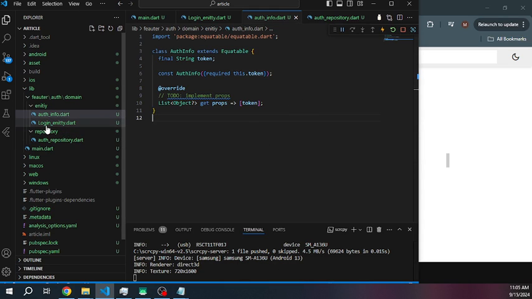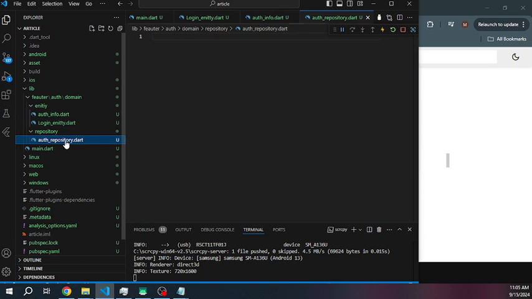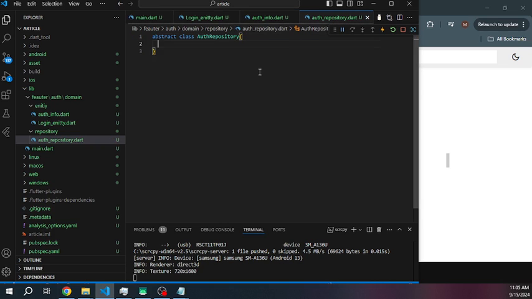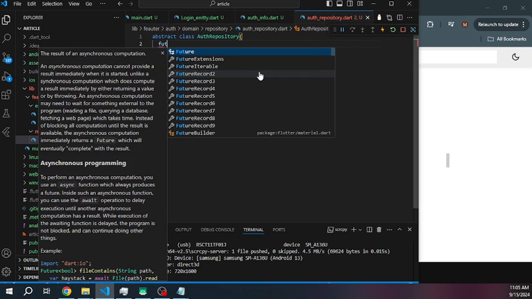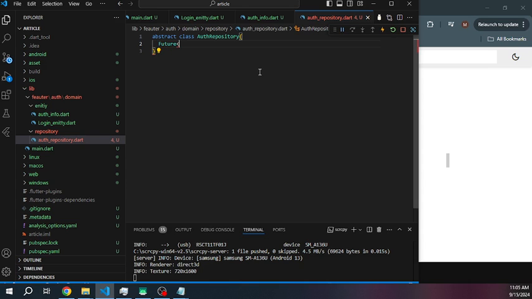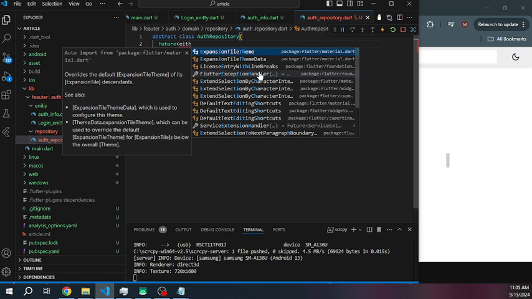It means we are going to send the login entity and we are going to accept the auth info. In our repository, how we are going to do it, we need to do something. We need to connect it from our use case. Let's create an abstract class and name it AuthRepository. Then we are going to create a Future value. Our future is going to be either